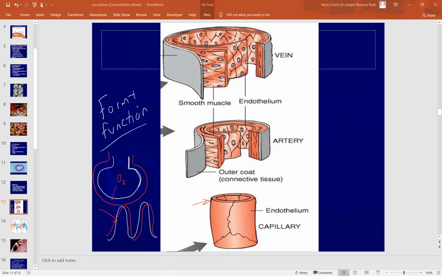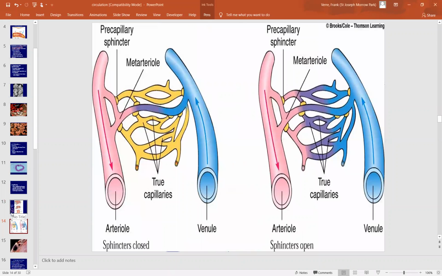Now, the connection between the three vessels is this: an arteriole is just a smaller artery, and a venule is a smaller vein. But the way it's looped together is that blood leaves the heart through arteries. The blood then goes into capillaries and then returns through the veins back to the heart. So if you had to draw a simple diagram, sorry, like a flow chart, the way it would look is: